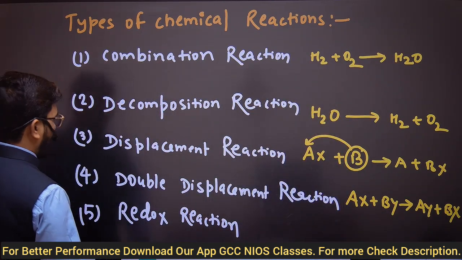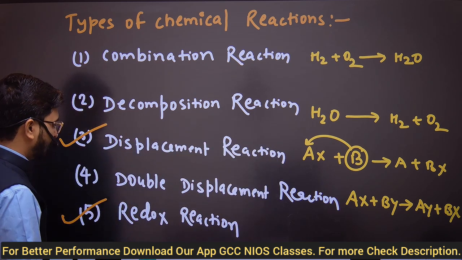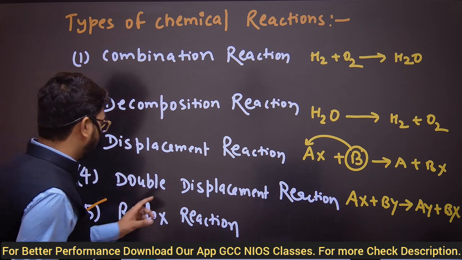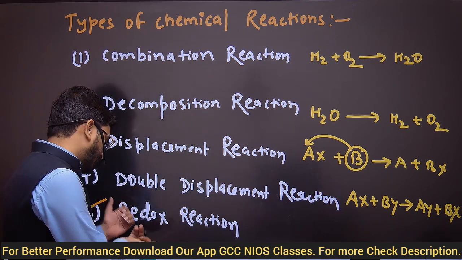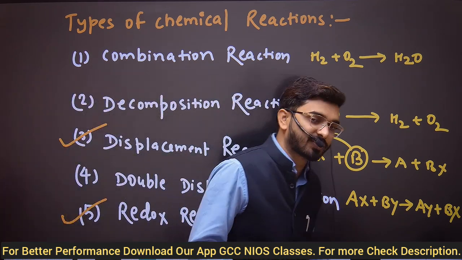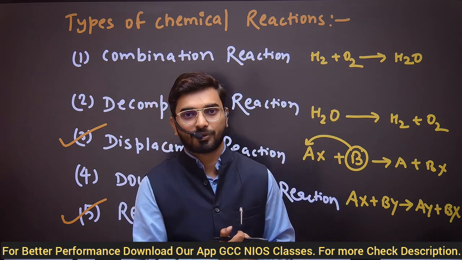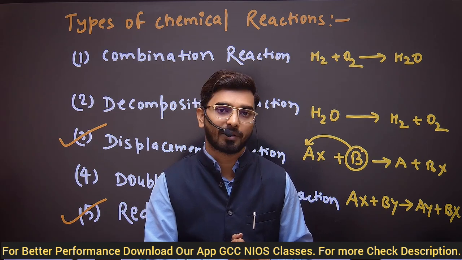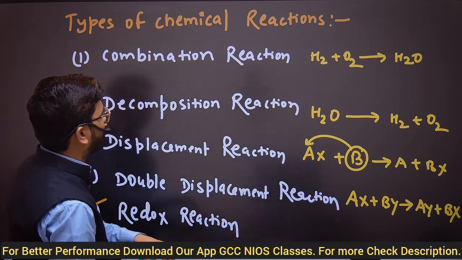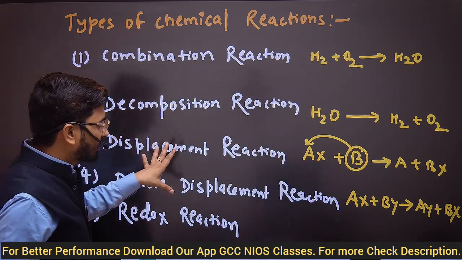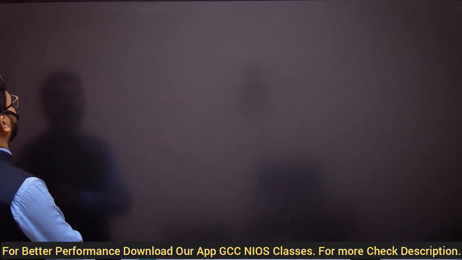Redox reaction. So I will explain this one and this one, redox reactions and displacement reactions. Double displacement reactions, this one, and redox reactions mean reduction plus oxidation combined to make a redox reaction. And in electrochemistry, it's very useful. Everywhere it's used: redox reactions, oxidation, reduction, this type of reactions. So first of all, let's know about the reactivity series.